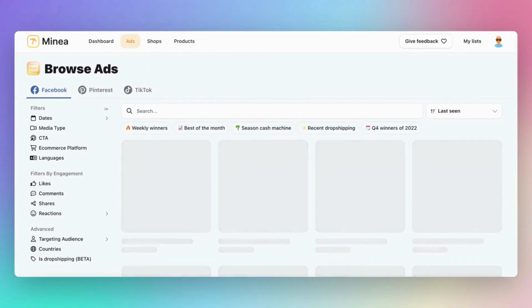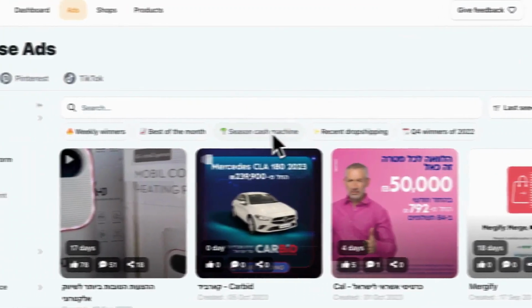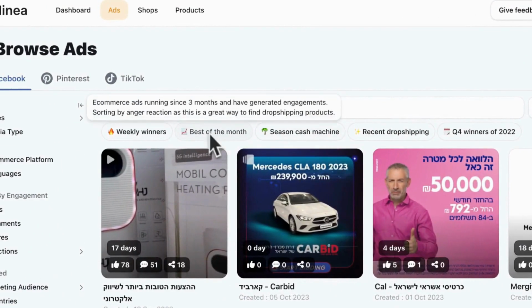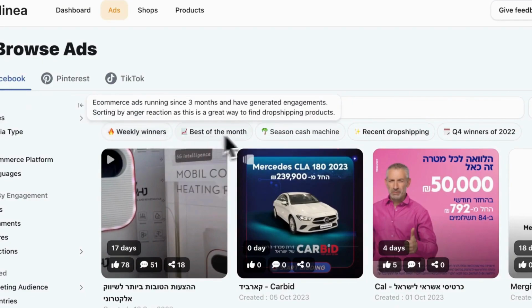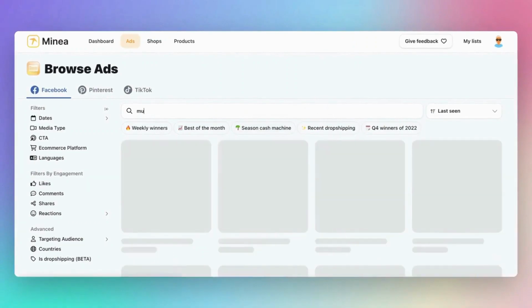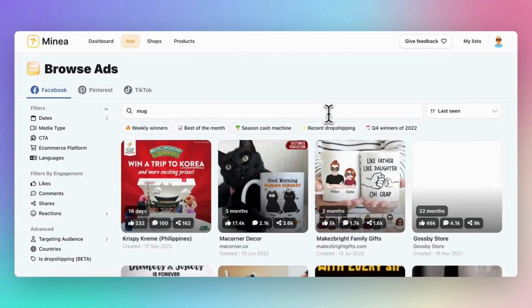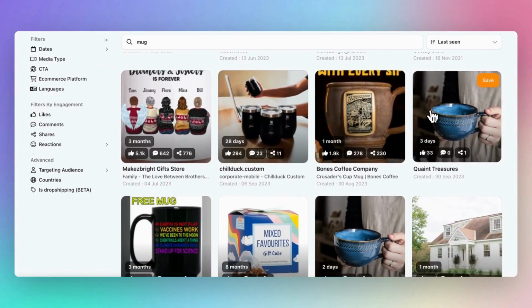There's an even easier way to find trending product. We have quick filters right at the top, built by our team of dropshipping experts. To understand what a filter is, simply hover your cursor over the button. Finally, if you're looking for a specific product, use the search bar located here. Now that you know how to use Facebook ads filtering with Minea, you're well equipped to find the best products